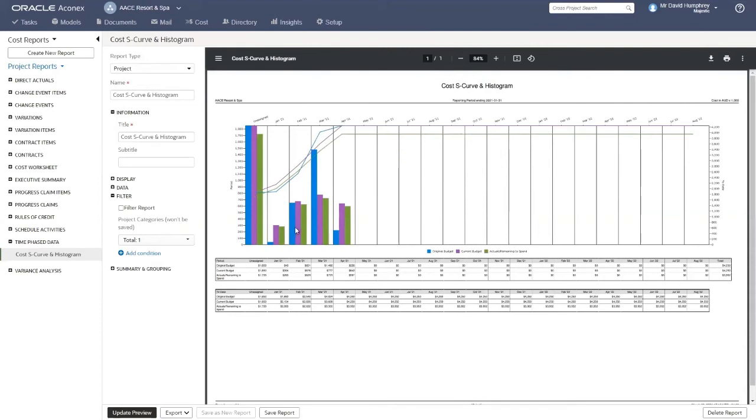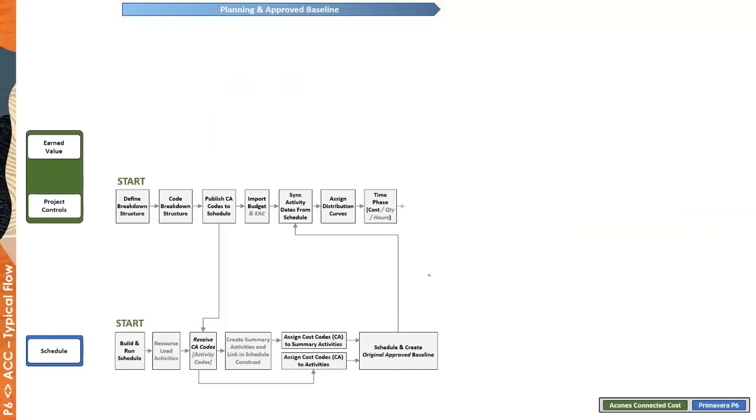So that is a very simple way, with the individual time phase data table per control account and the curves available, and then the reports to validate the distribution so that the project controls manager is happy with what he's seeing from a cost and distribution perspective. So that wraps up the phase of planning and approval baseline, getting everything into the system and getting it baselined and ready to go. The next typical scenario that would happen on a project is a change of some description